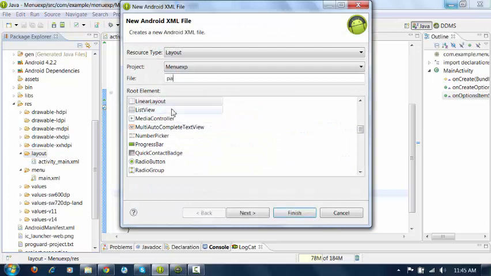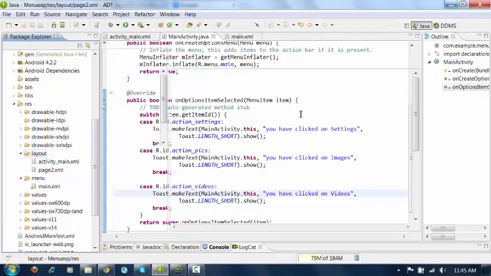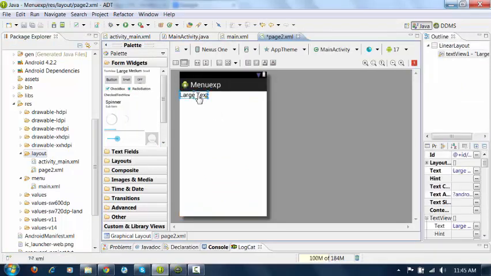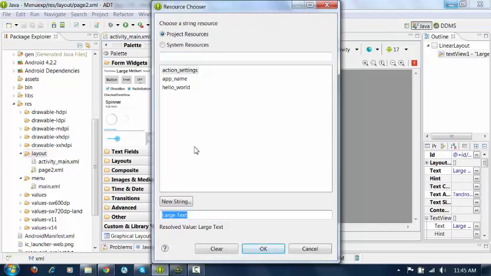I'll give the name as page 2. Select any layout, click on finish. Here I will add one text view and edit it to display: this is images page.